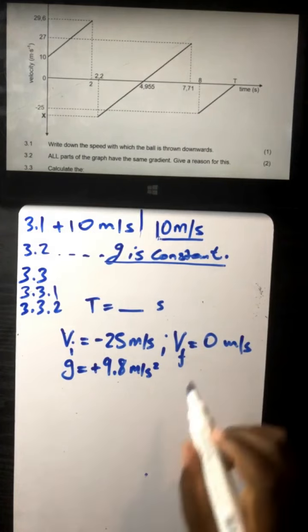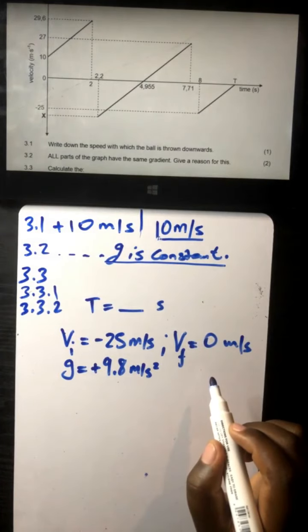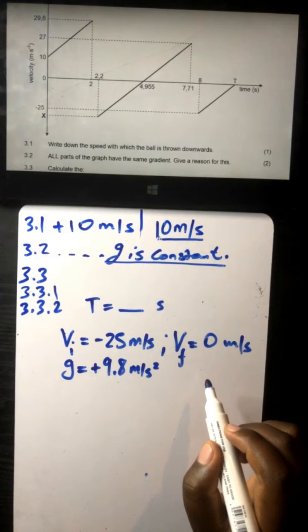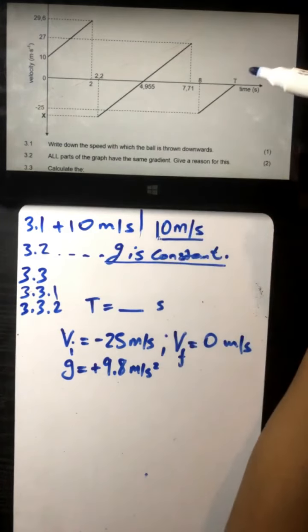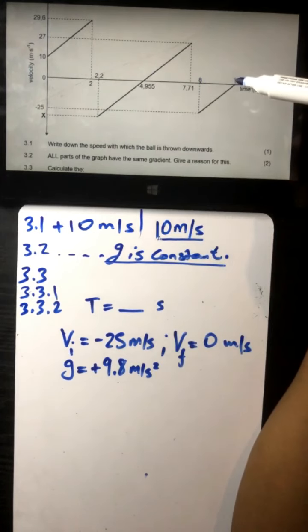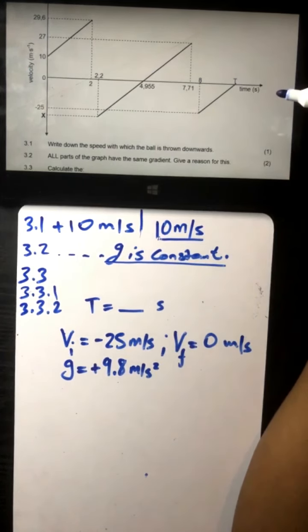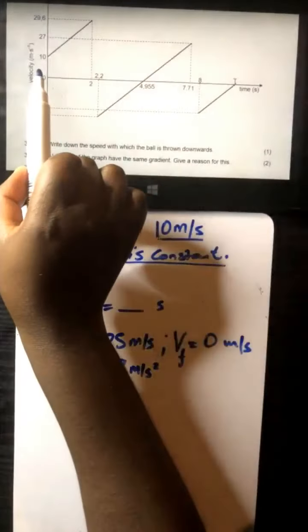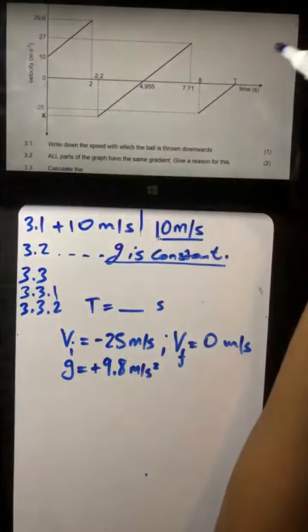What else? The time. If we can know how long it takes for that object to reach its maximum height on the second bounce, then we can add all this time